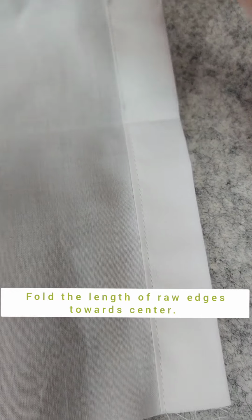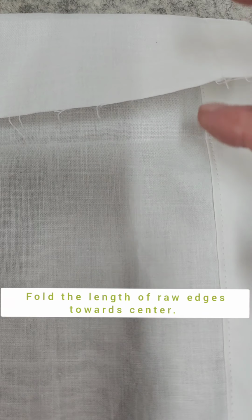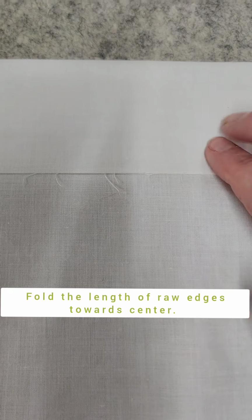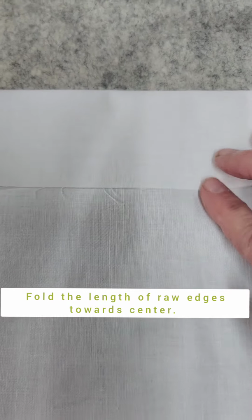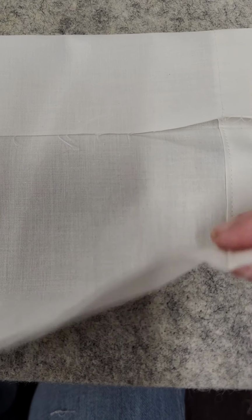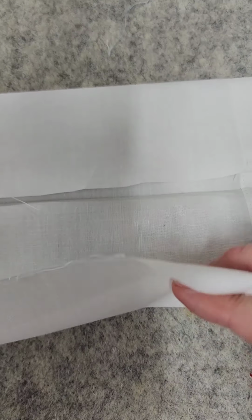The next step is to fold each half into that center crease. So there's my center crease. I'm going to fold each half into there, and I'm going to press across here and make another crease. And I do that on this side, and then I fold this half in right to the center line and press along here. This is what my piece of fabric looks like now. It has the center crease, and then it has a crease this way and a crease this way that just come and meet right on that center line,